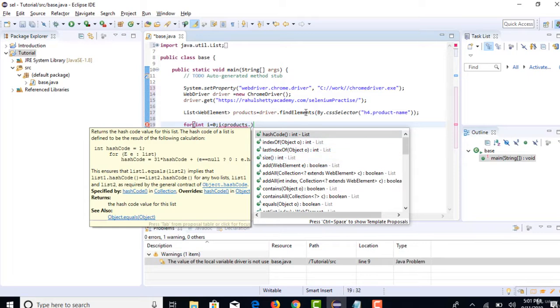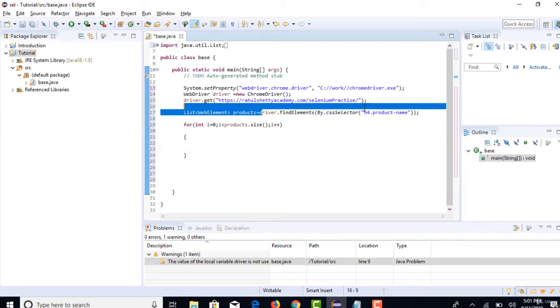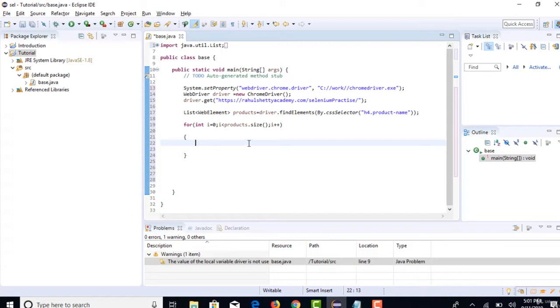Let's say if it returns 30 elements, then this loop starts at the 0th index and iterates 30 times, because the size of this list is 30. So increment every time. Basically every time you have to get one index out of this 30 and then get the text of this CSS selector which is a product name.